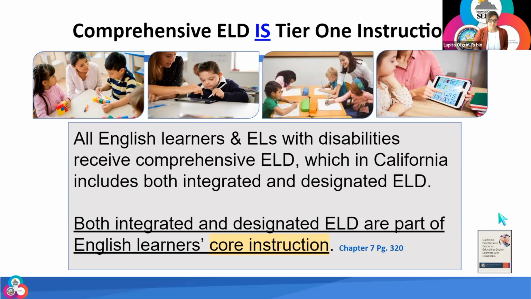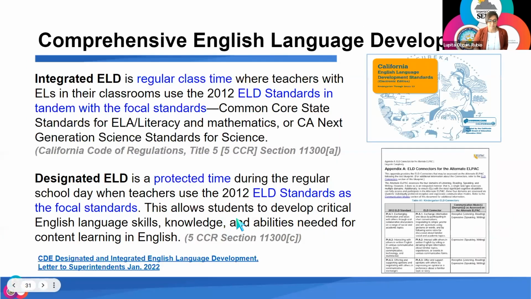Next slide, please. So there are two types of English language instruction as defined by our wonderful state here in the state of California. So comprehensive ELD is comprised of two types of ELD instruction, each one of them with a specific purpose and goal. So we know them as integrated and designated ELD. So I'm going to give you a quick description of what they are and what their respective purposes